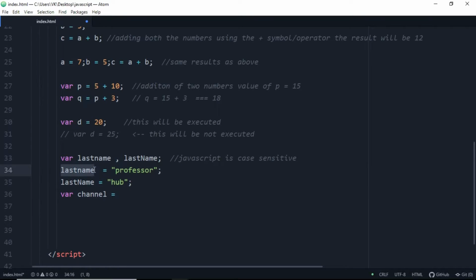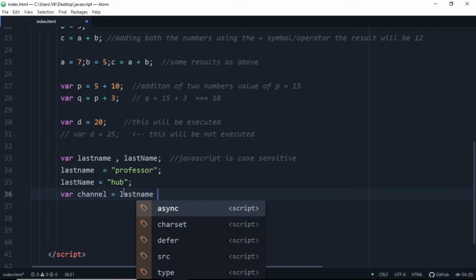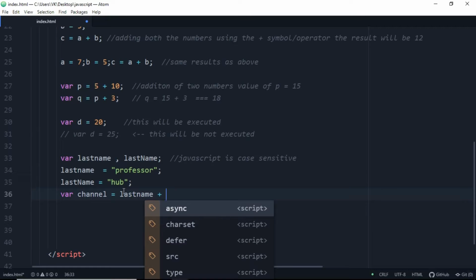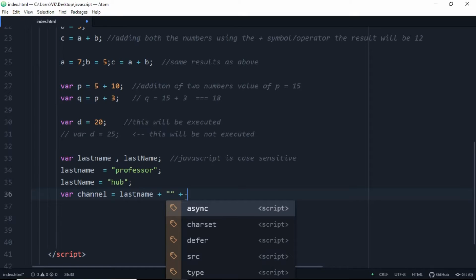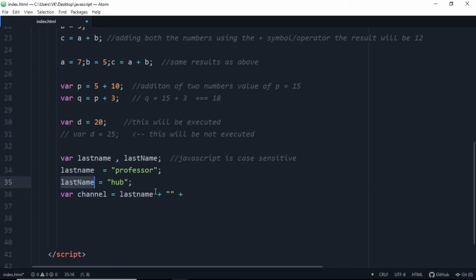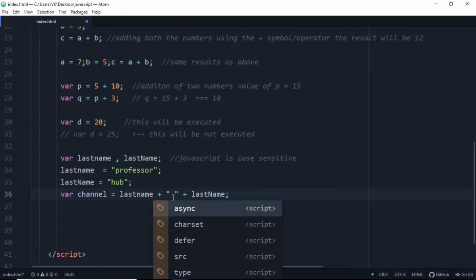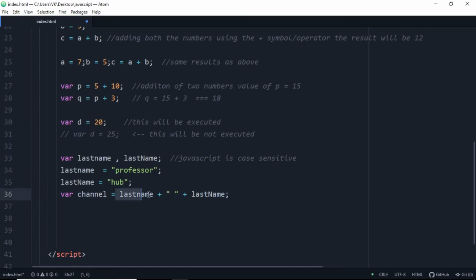So just copy this lastname with small n, and add an arithmetic operator, which is plus, then inverted commas, and then add another plus arithmetic operator and add the lastName which is capital N. So in between double inverted commas we are going to add a space so we can see the space between professor and hub. So the result will be channel is equal to professor space hub.